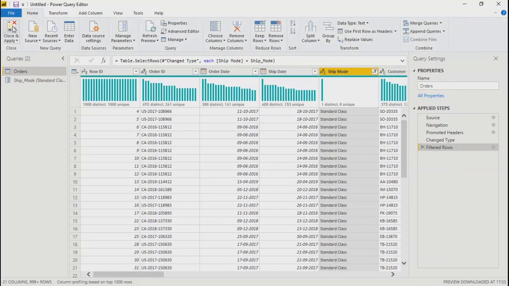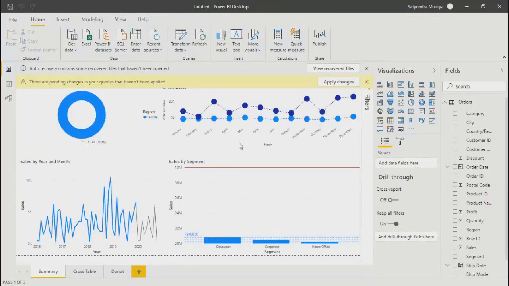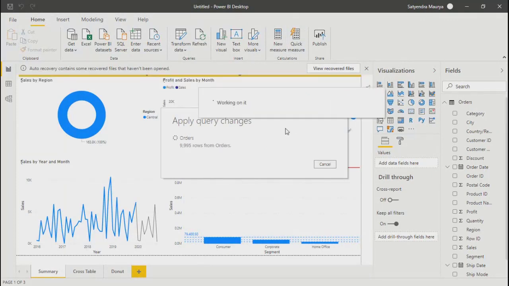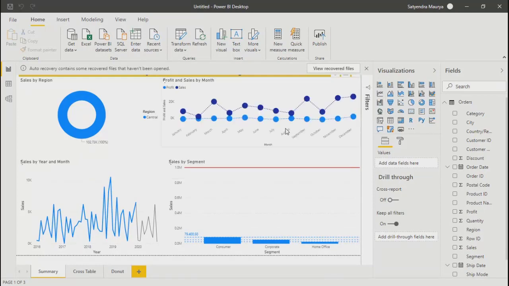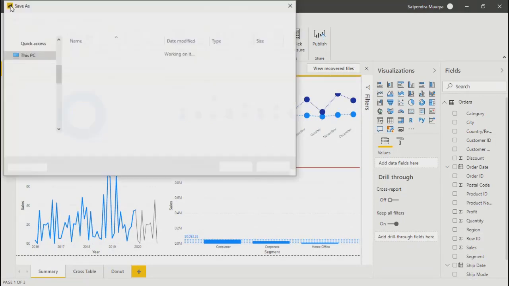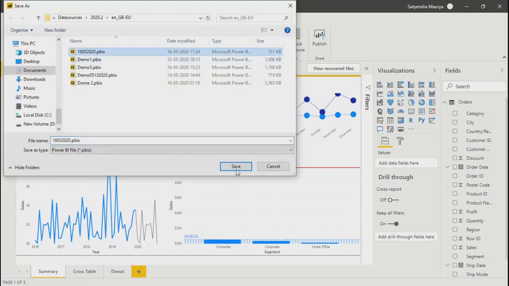We'll close and apply. Apply changes. It is automatically doing it right now. I'm not doing anything. It is automatic recover or save. Okay, so your data got filtered. Let me just save it once. Don't want to take any risk now.